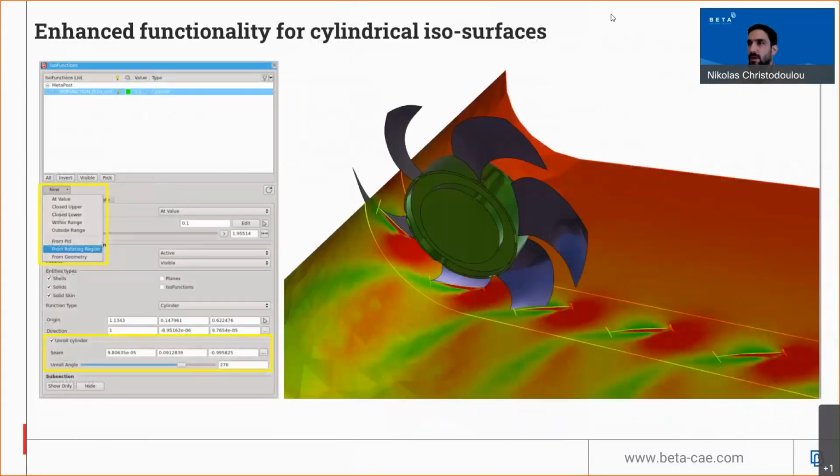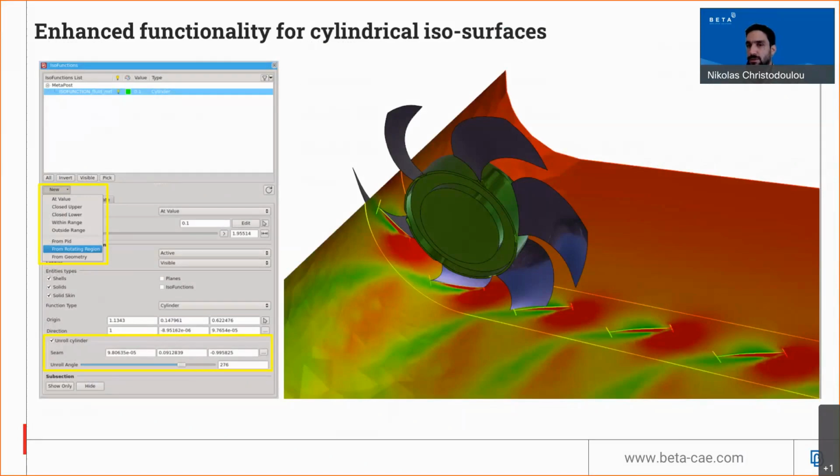And let's move now to this nice feature where it is possible to unroll a cylindrical isosurface. In this way, better inspection, of course, is possible. And how this works: the user selects new from rotating region, selects the rotating PID, and then types a radius where the cylindrical isosurface will be created.